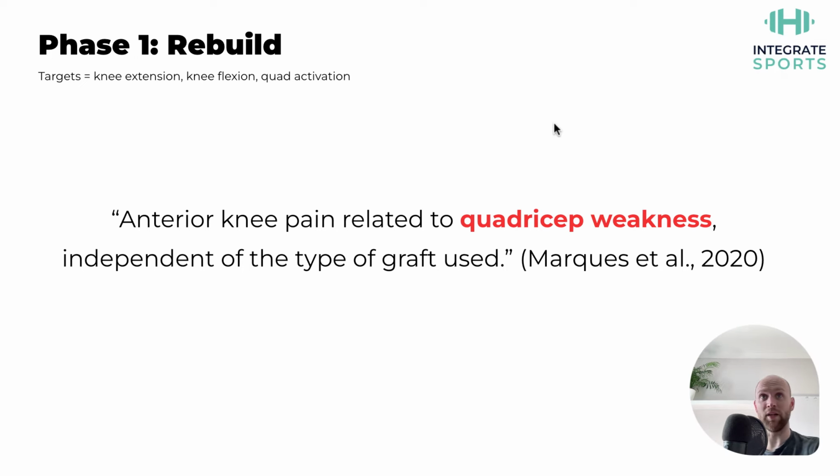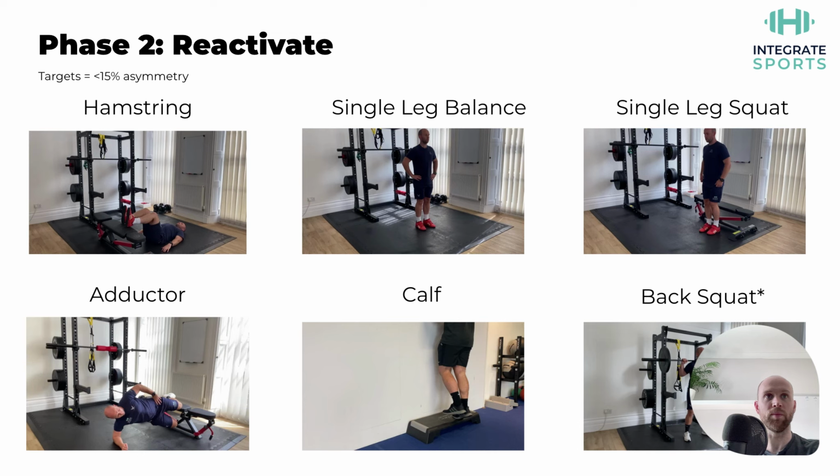And finally, anterior knee pain is also associated with quadricep weakness, independent of the graft type used. So whether you're having a patella tendon graft, quadricep graft, or a hamstring graft, it doesn't really matter what type of graft it is. If you get anterior knee pain, you get quadricep weakness. And so it becomes a vicious cycle if we don't address this problem. If you get pain, you get weakness, and if there's weakness, you get pain. So you can see how breaking this cycle is massively important. And again, that's why trying to reduce inflammation, increase activation, and get full extension is the most important thing early on in the rehab process. Once you've achieved that, then we get to move on.